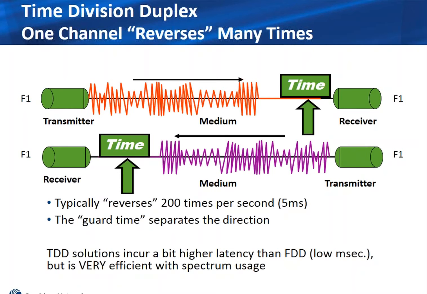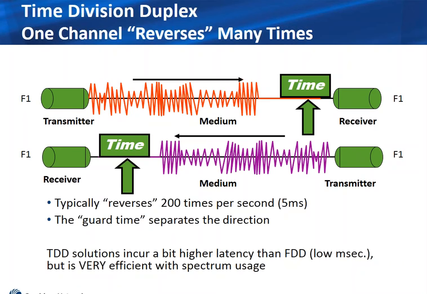There's a slight guard time required for a pause between those transitions. So TDD solutions incur a bit higher latency than FDD, and you can probably see visually why that would be, because I have to transmit one way, stop, and then transmit another way. But this is super fast, really, at the end of the day. We're talking about very low millisecond type solutions, which is perfectly fine for sensitive applications like VoIP or things like that. But probably the key benefit with